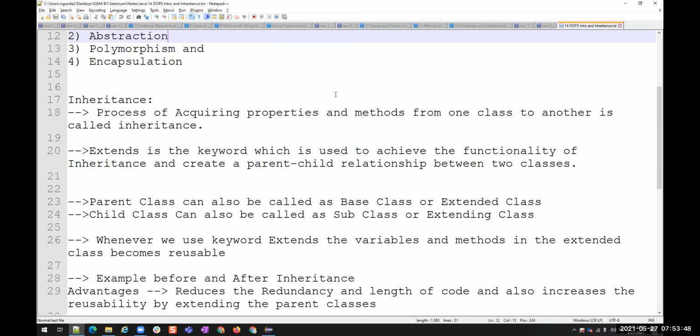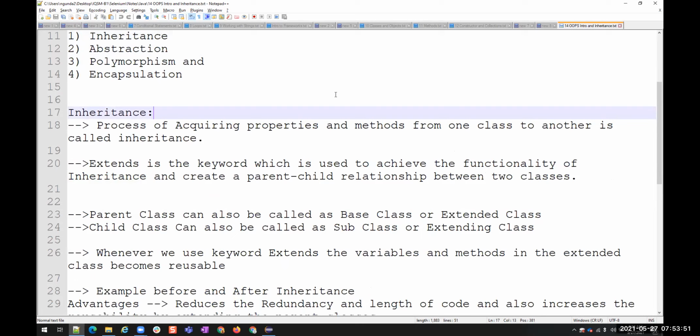Okay. So let us see what is inheritance. Inheritance is nothing but the process of accessing variables of a parent class in the child class. Like I can access or use my father's money, right? But I cannot use somebody else's, my neighbor's money, because he's not my father. He won't give his property to me. But my father's property belongs to me by default, right? Because me and my father have a relation, a parent-child relation.